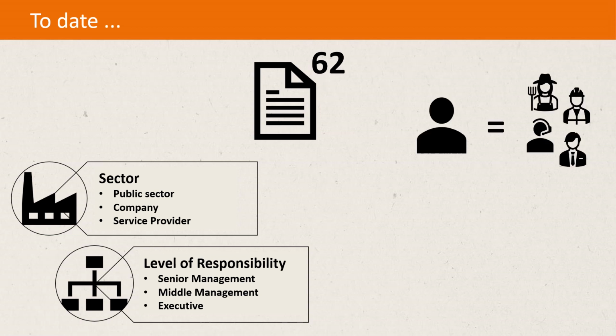We make it clear that the same person in an organization can have several jobs, so we must not confuse the person with the job. We know that in small companies, for example, the head of the company may also be the production and packing manager. In fact, whatever the position or title, if the training is aimed at the person in charge of production, it's the person in the company who carries out the job of a production manager who should attend. We've always worked like this, taking care to ensure that the participants correspond to the target audience for the training.